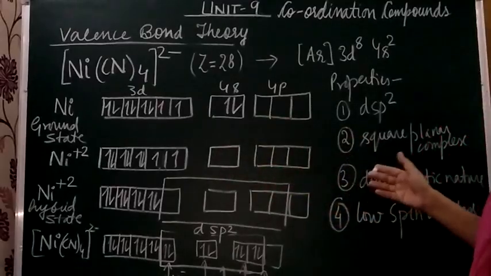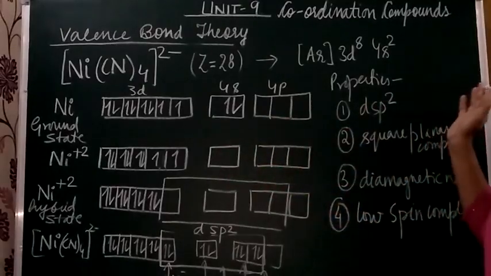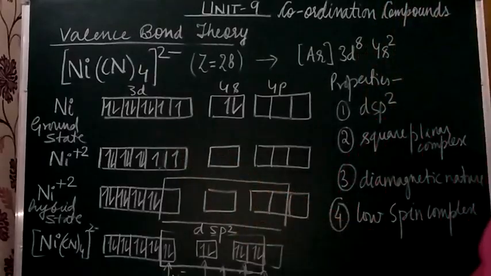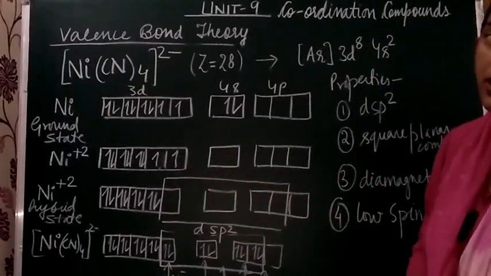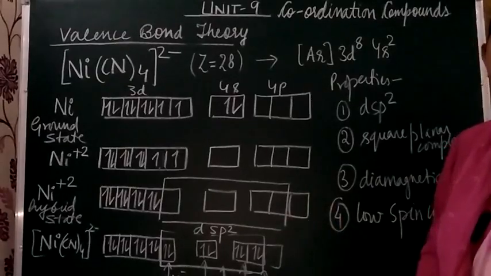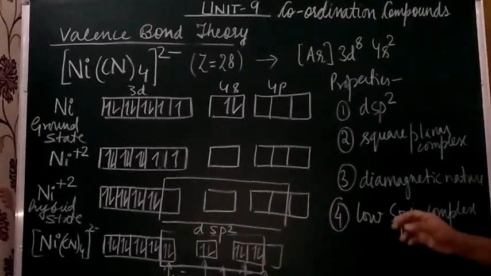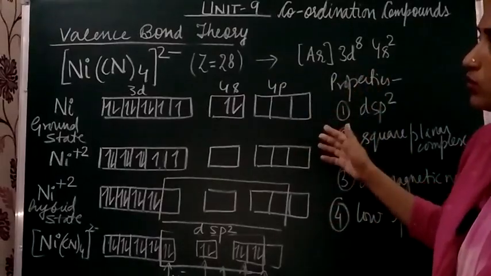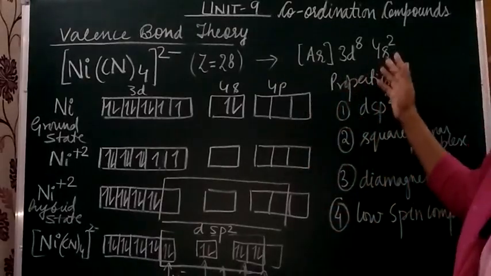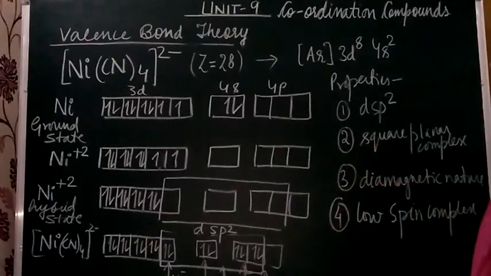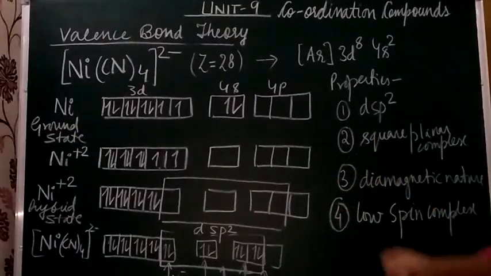When we go through the CFT, then we will come to know why it is so, why in some cases we make the pairing be done. This is all on the basis of the classification of the ligand as a strong field and a weak field, and that we are going to study ahead, when we discuss the crystal field theory. Students, so you have to practice these complexes with VBT, and practice concluding the properties or characteristics of the complexes with the help of VBT, right? So just keep practicing.